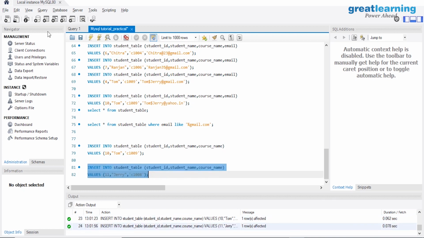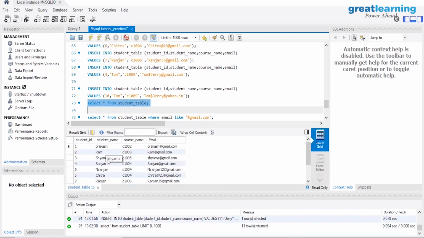So in that case, if you want to check which persons in your database do not have an email ID, at that time we are going to use this null value command. But how can I do that? Before doing that, let's check what values we have in our student table where the email ID is not there, so you can cross-check whether your command is working or not. So you can see Tom and Jerry, this email is null.